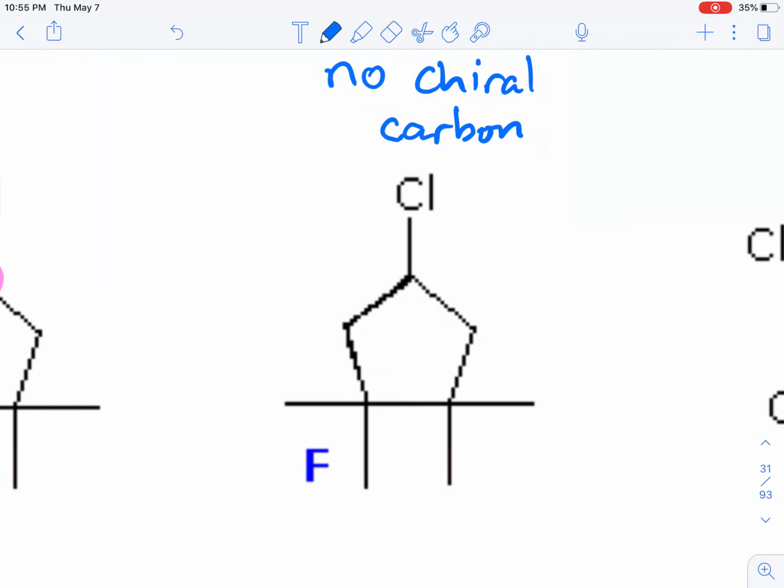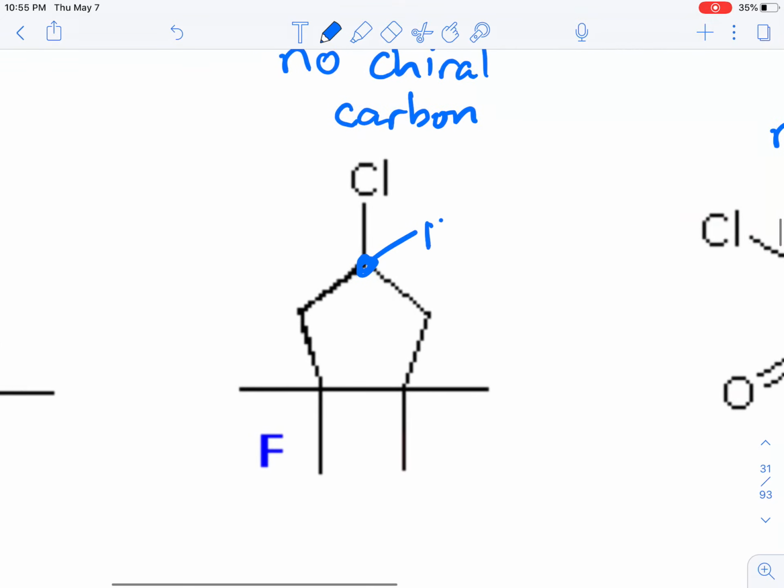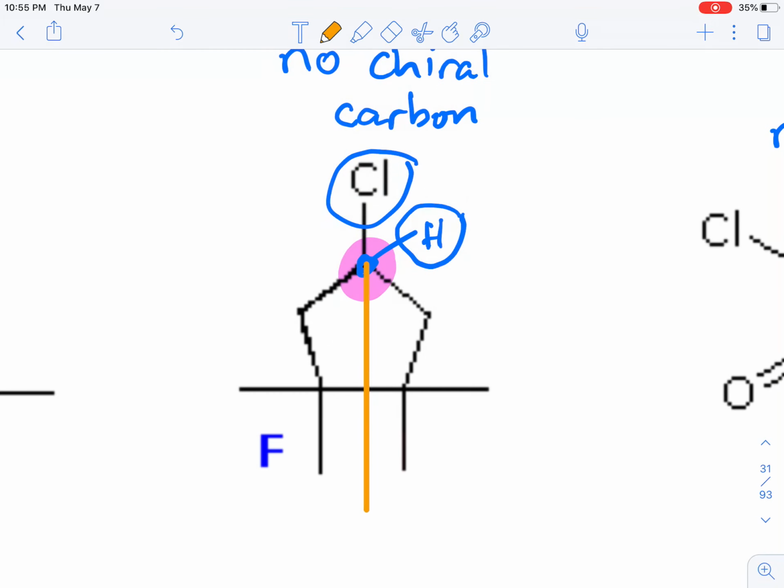And so if I were to look at this carbon right here, so these are very similar molecules, E and F. One might think, oh, there's a chiral center. And so once again, I can go ahead and just circle my substituents that are unique. Hydrogen is different than chlorine. Insofar, I have 2 unique substituents. And so if I were to draw an orange line that kind of cuts this ring in half,